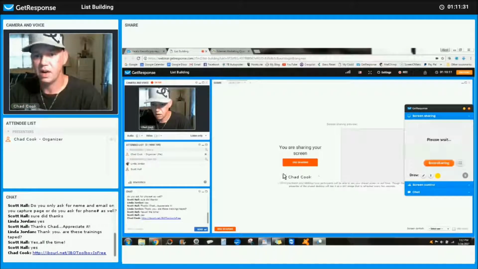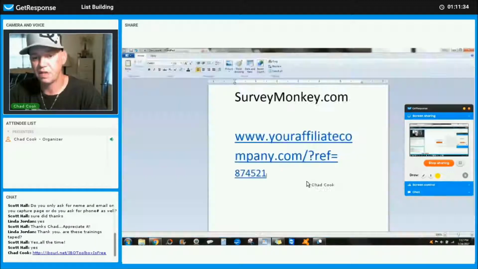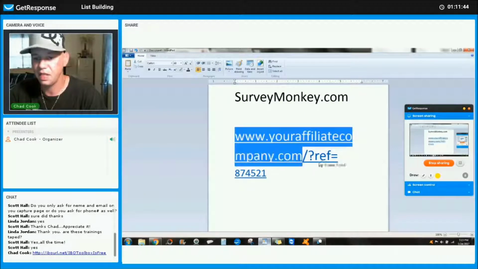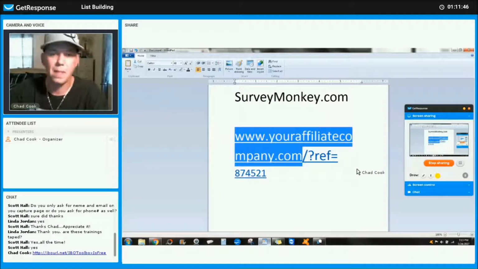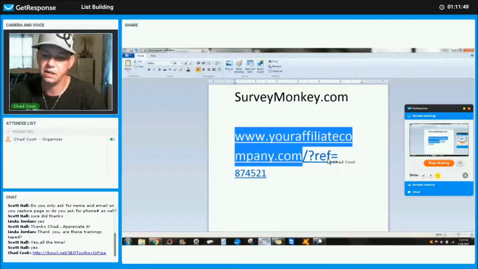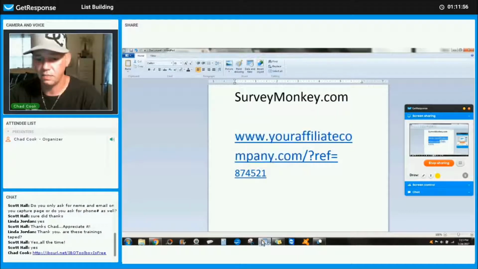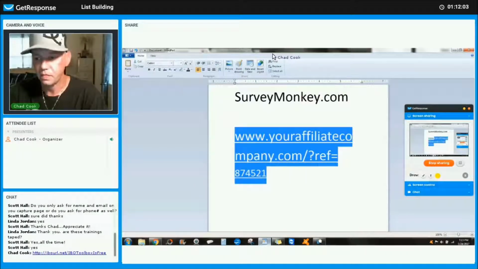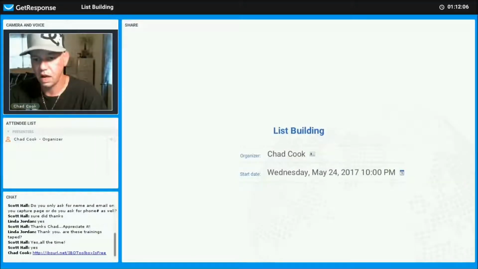All right, so this right here. Normally when you're involved in affiliate marketing, you have this long link that looks like this. It has your rep ID, so when you're promoting the link publicly, people can go right here, bypass this part, and go straight to the source, buy stuff, and you lose the sale because they didn't click on your link. They bypassed you. So IBO Toolbox is one of the tools that allows you to basically copy and paste this entire link, and you get to create a